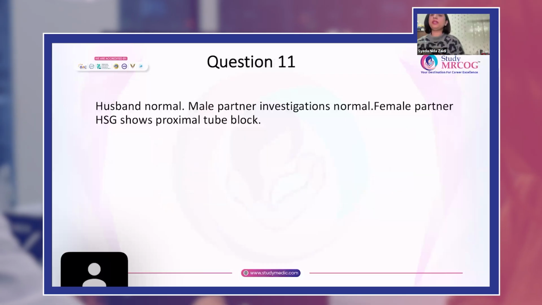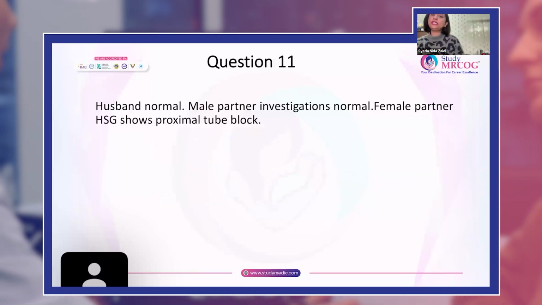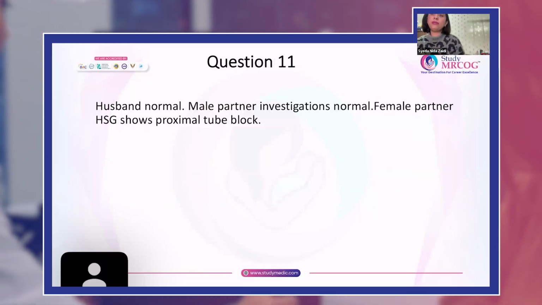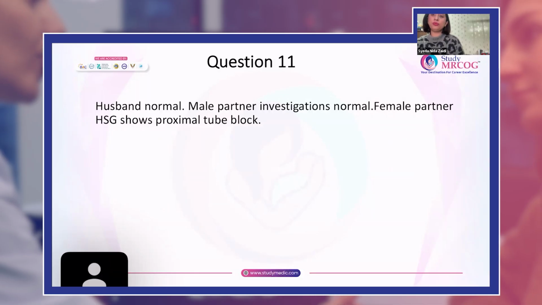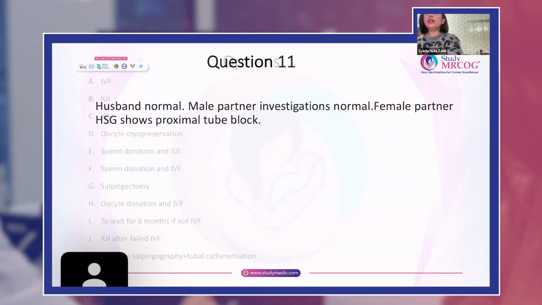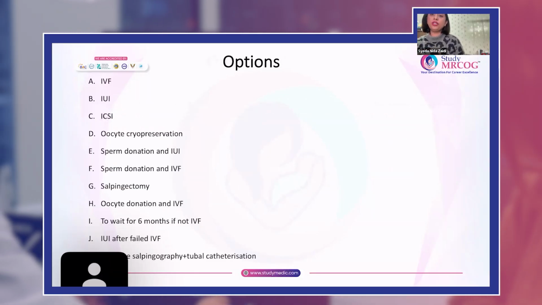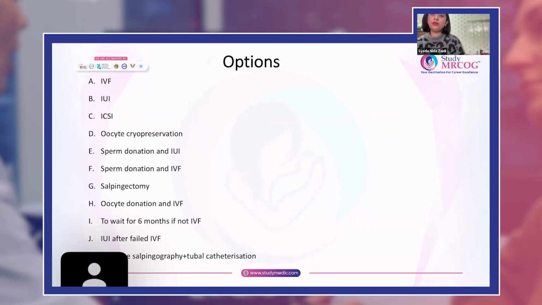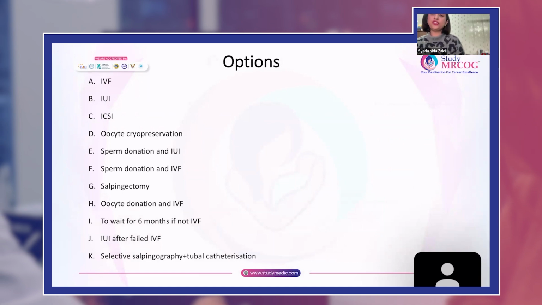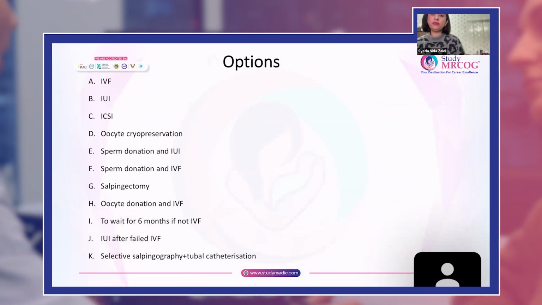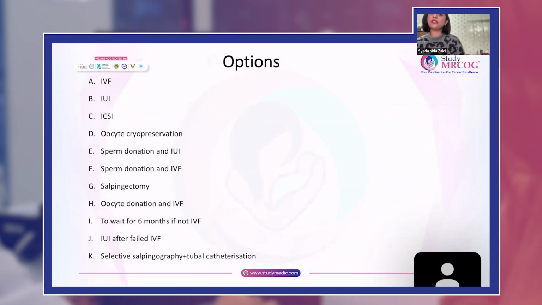All right. Question number 11. In this case, the husband is normal. Male partner investigations are normal. Female partner investigations show, on hysterosalpingography, a proximal tubal block. In these, the options include IVF, IUI, ICSI, oocyte cryopreservation, sperm donation, salpingectomy, and the last option includes selective